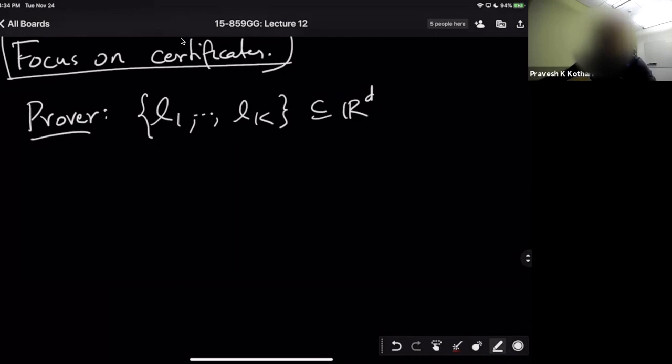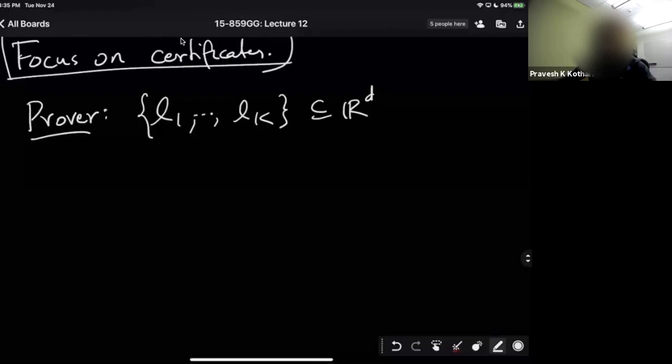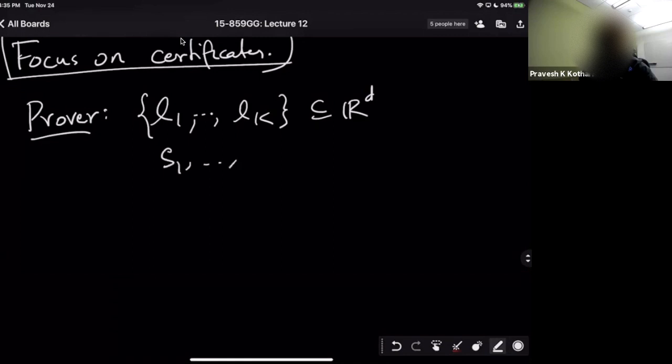Actually, we can make our task easier that way. We don't even have to try to solve equations. The prover is all powerful. For each Li, they can also hand over to us the equations that Li is supposed to satisfy. So we will ask the prover not only to give us L1 through Lk, we will also ask them to give us S1 through Sk. Each Si is of size, let's say, alpha n, the size of the good set, and we'll assume that we know alpha.